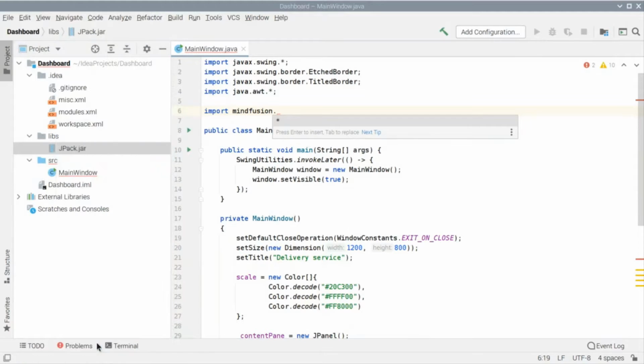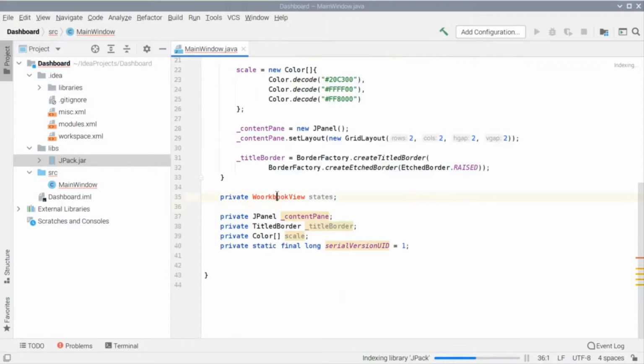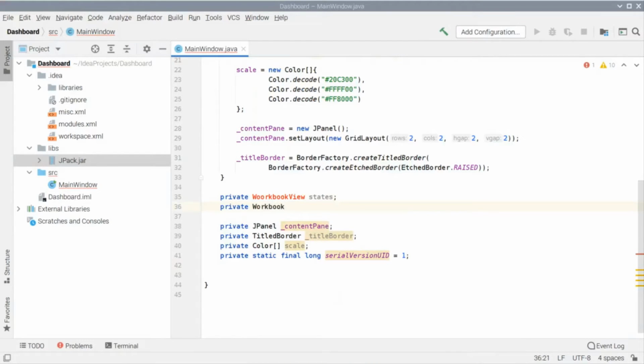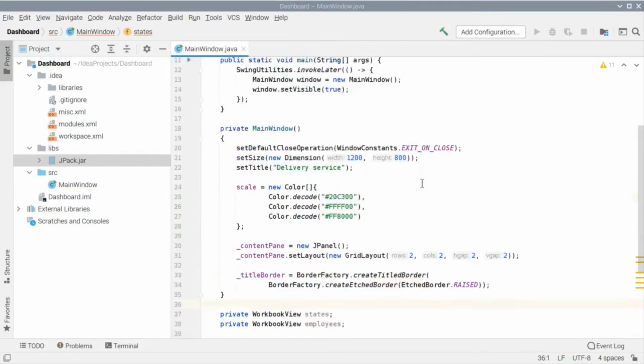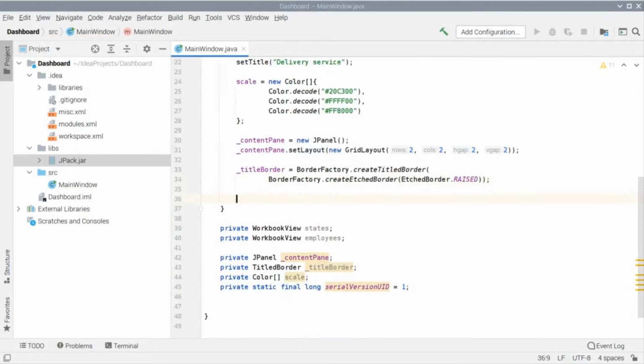We have to add to the build path of the project the JAR file with MindFusion's UI controls, which we will use. Now we can declare 2 global workbook view instances, one for each of the 2 spreadsheets.